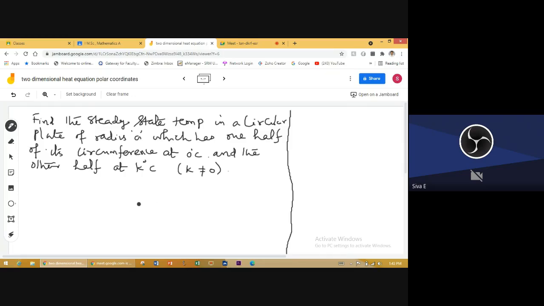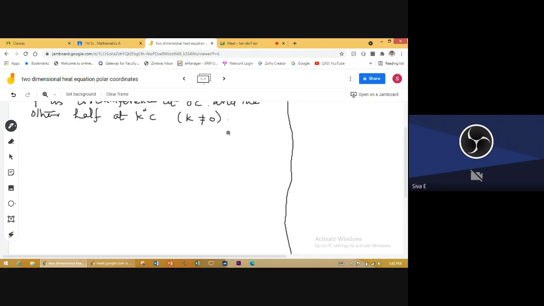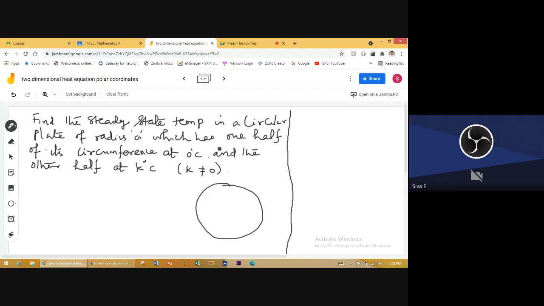Okay, so here how can we find the answer for this? Find the steady state temperature in a circular plate. Last one is semicircular plate, na? Here circular plate. First we have to. So please note down that in case it is given the problem, any problem may be given, we have to write the boundary conditions or initial conditions. So it is one important MCQ for the semicircular plate or circular plate or quadrilateral plate, whatever it may be. Problem will be given. We have to identify the initial condition or boundary condition.